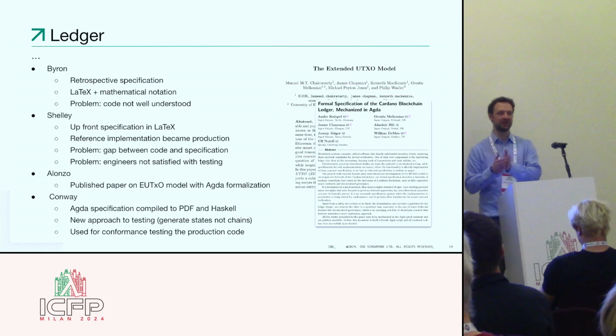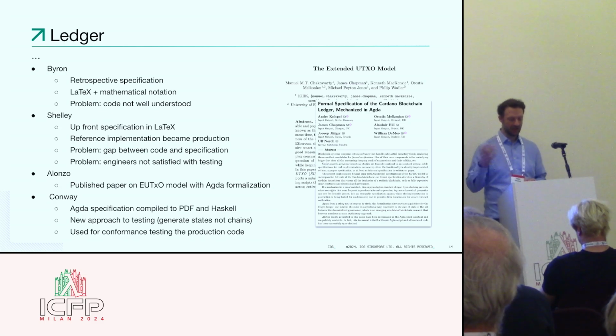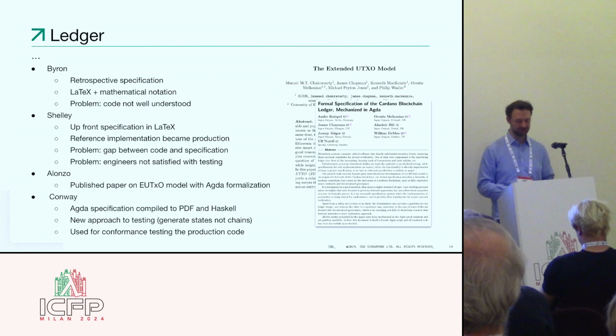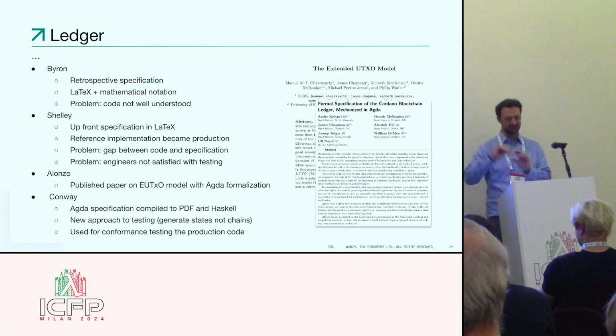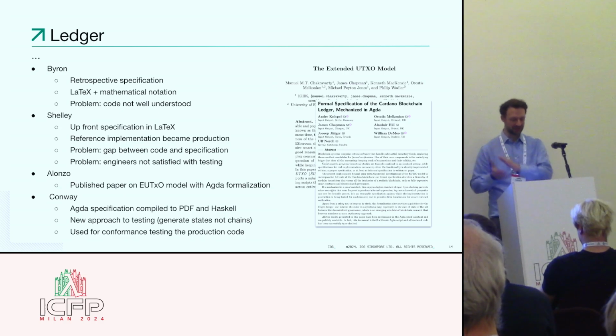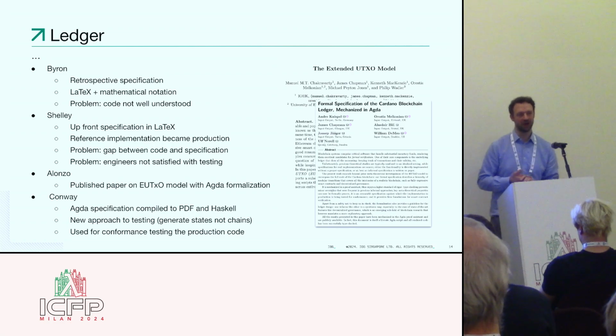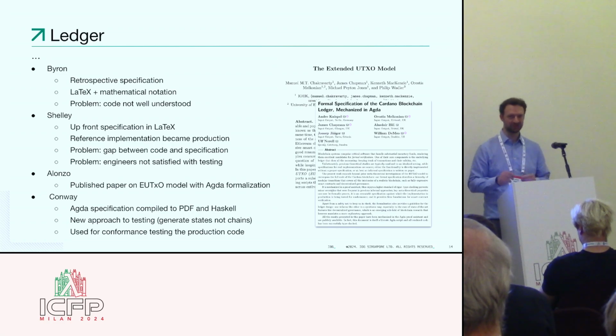So that can generate a PDF that people can read, and it can also generate Haskell code, which you can use for testing. And they have a new approach to testing, and this is something where they work very closely with Cubic, and it's about generating states. So not generating whole chains, so they can generate states, and then they can explore particular interesting areas, and also